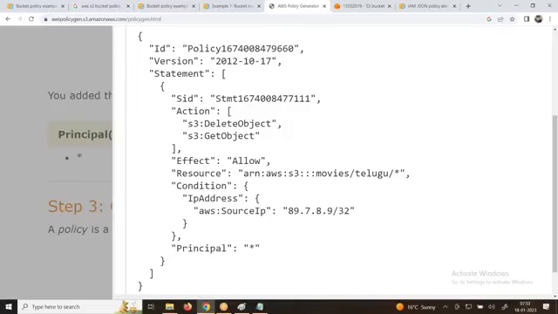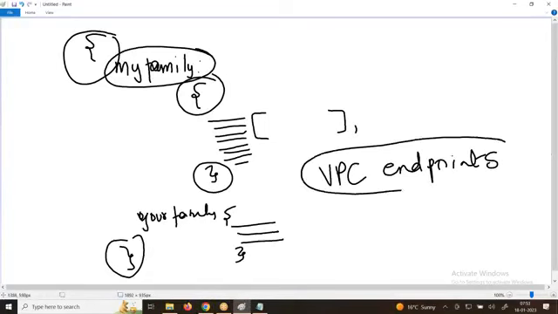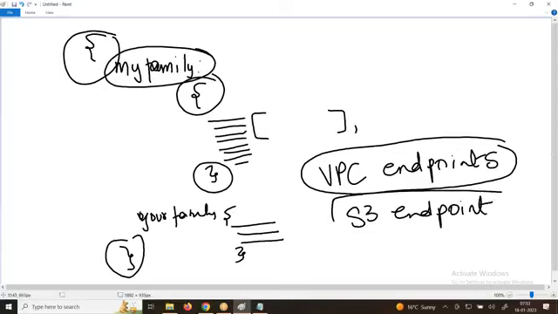Fine, guys. So let us talk about one more thing. Please write it down: AWS S3 endpoint, VPC endpoints. Now this is pretty simple. Again, the same policy only, sir. People can call it an S3 endpoint and everything. But let's understand what is meant by VPC endpoint in a very easy way.